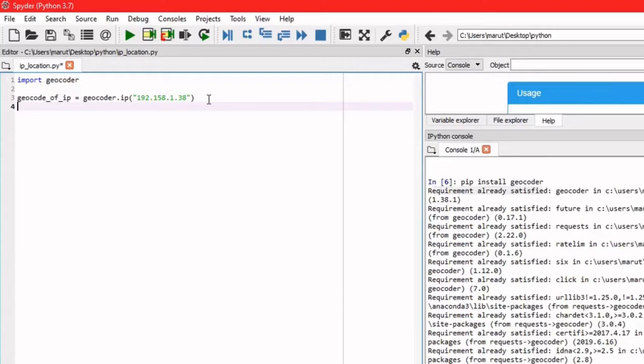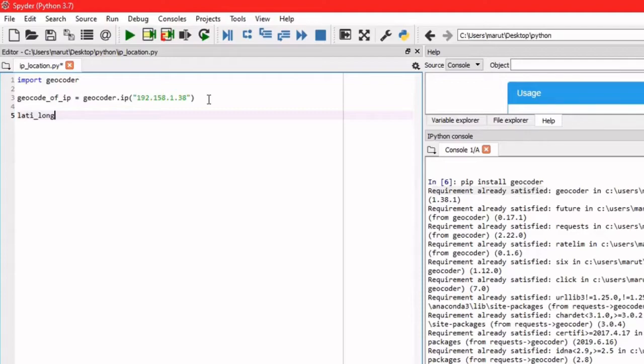So what we have done now is we have imported one package and we have one IP address. Then we are using that package to get the geolocation of that IP. So the first step is completed. The second step is we need to get the latitude and longitude of that IP, using geocoder only. So I'll type latitude underscore longitude.